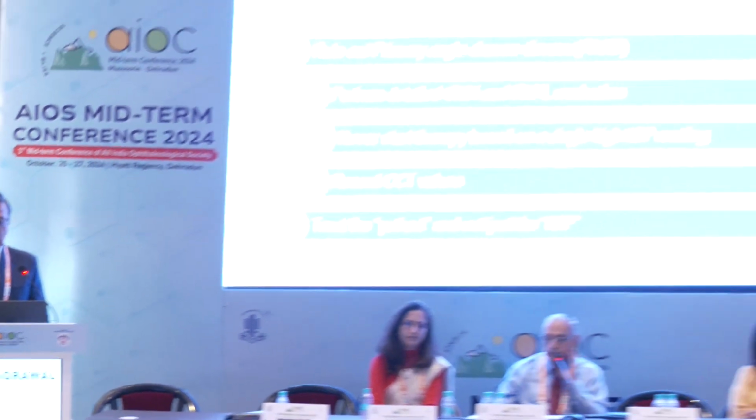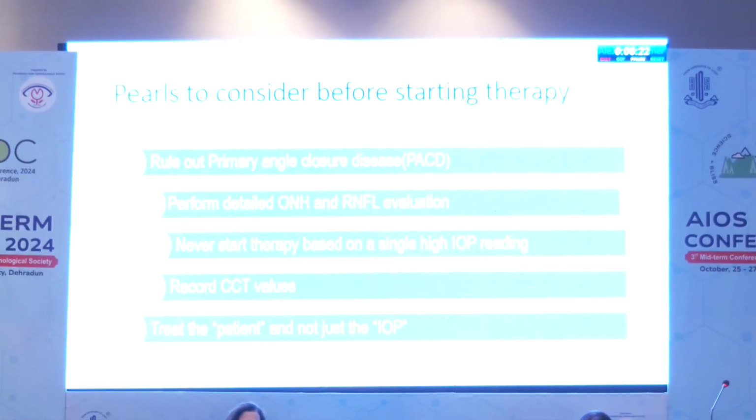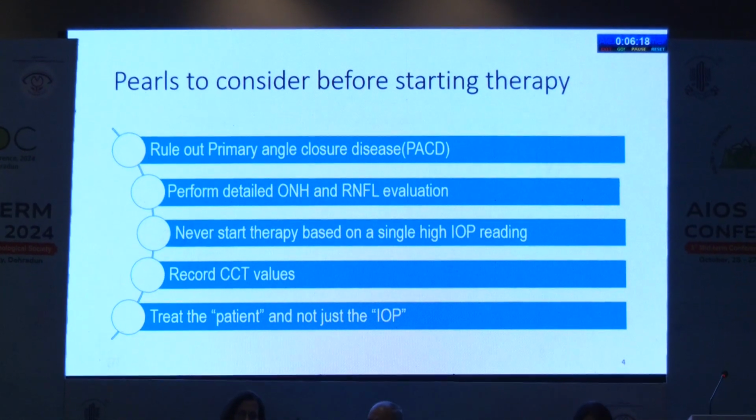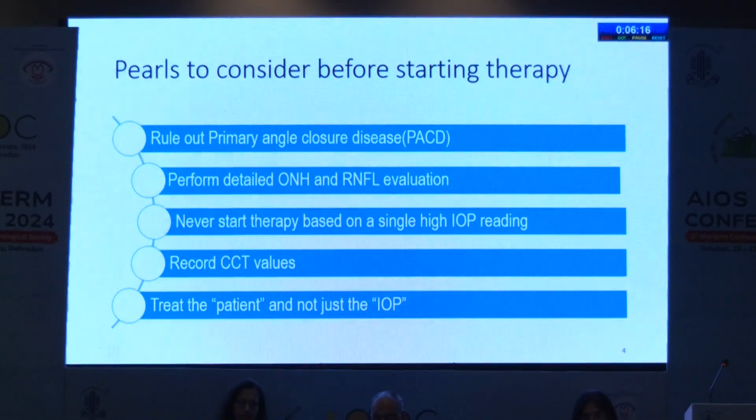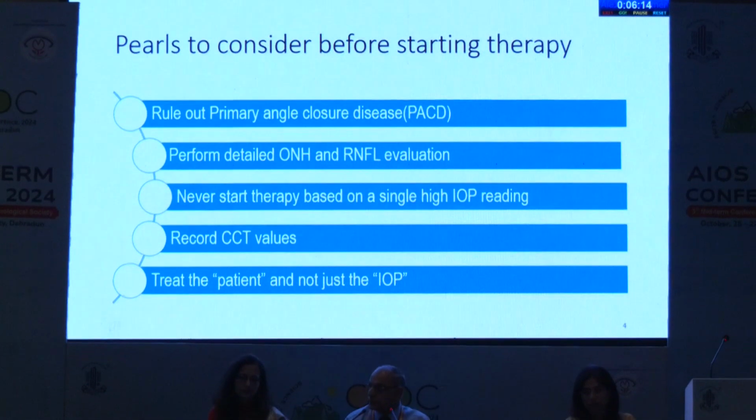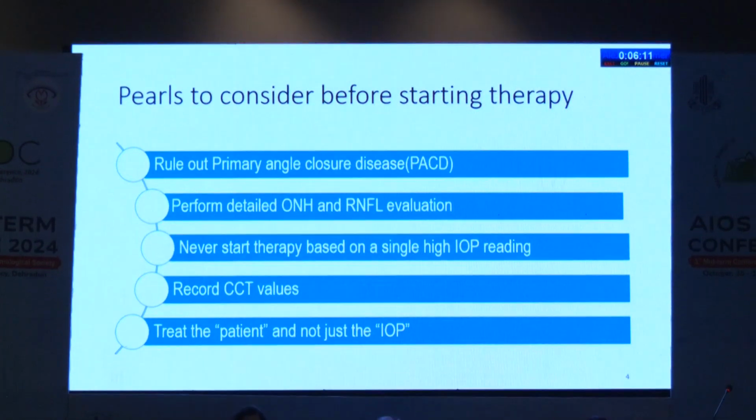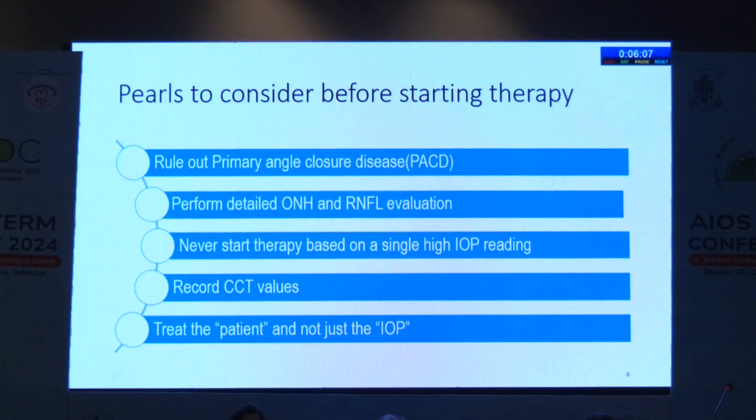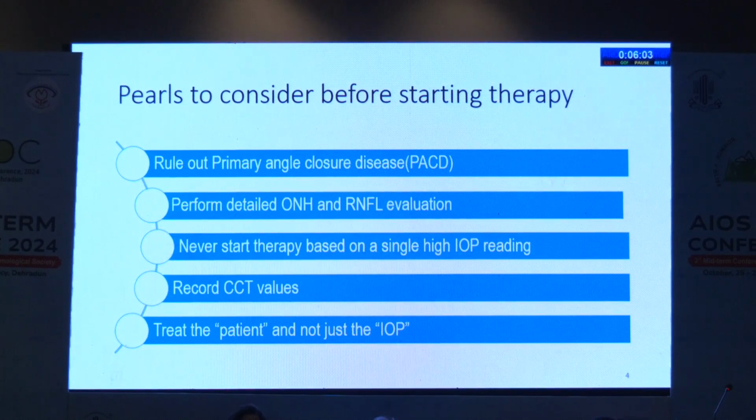Before we start therapy, it is important we rule out angle closure disease and perform a detailed ONH and RNFL evaluation. Extremely important: never start therapy based on a single high IOP reading. So if you have pressures of 24, 25, don't start with your timolol straight away. Record the CCT values, and as we've been taught right from the beginning, treat the patient and not just the